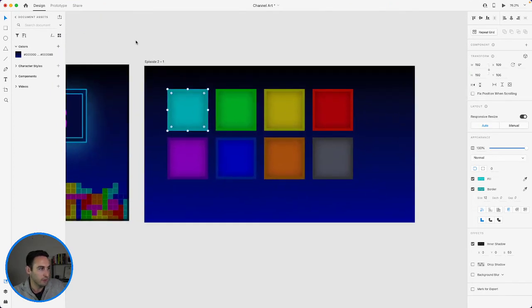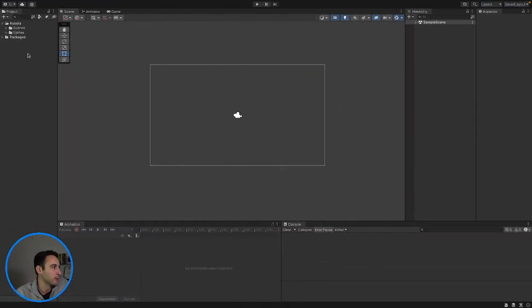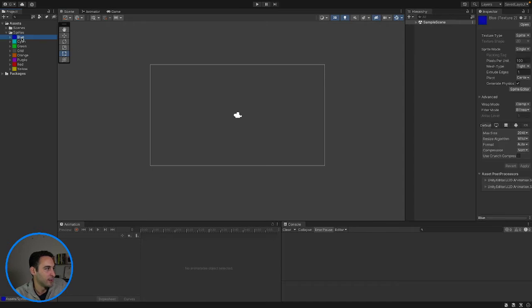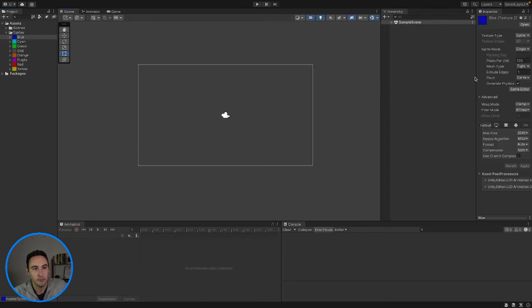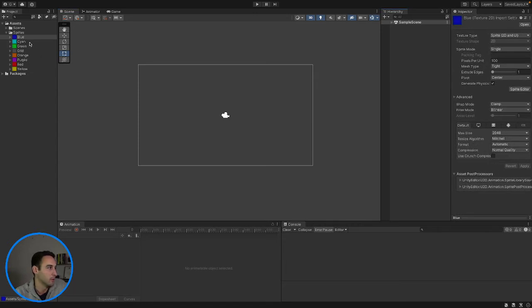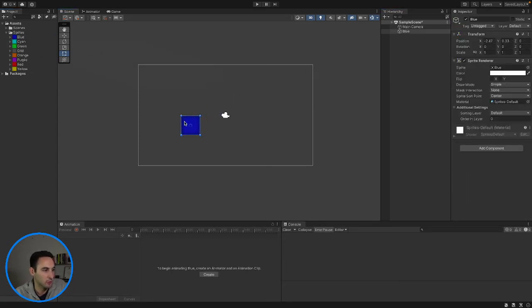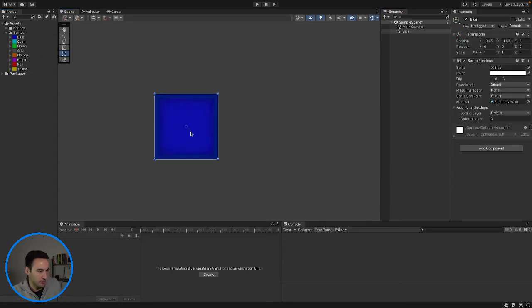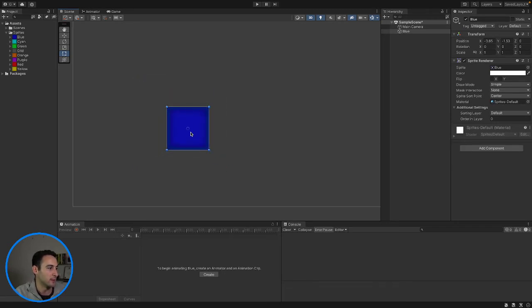So now that we have those, let's go into Unity here and see. Yeah. So our sprites are now here, and we have what's called our cubes. So this is our cube, and that looks pretty good. Hopefully it's the right size. I'm going to delete that,